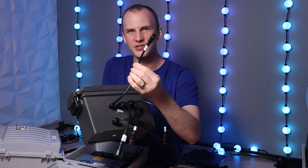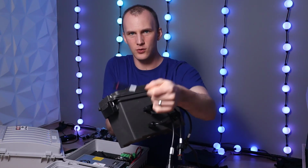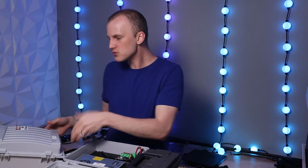There's a couple options for different labels. This is one of them. This is the Dymo Rhino label. This is a 3/4 inch cable label that I printed on this label maker. These ones over here, and I'll